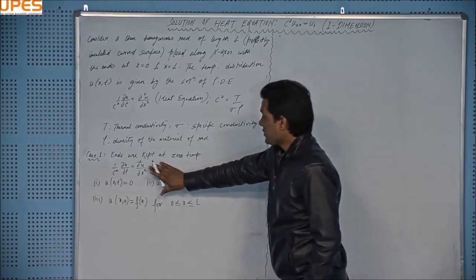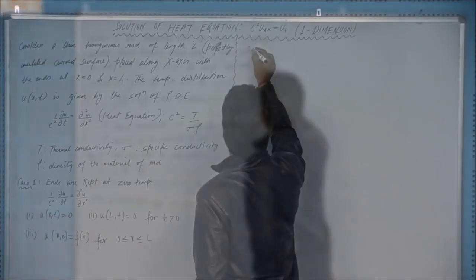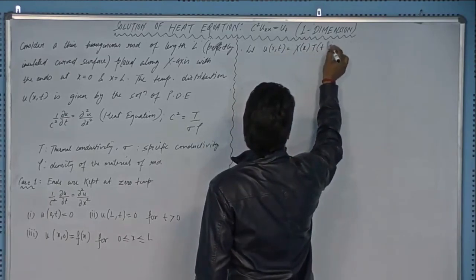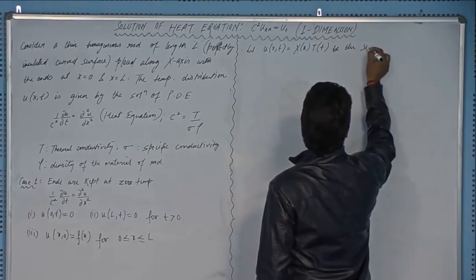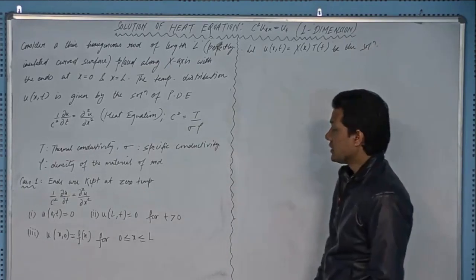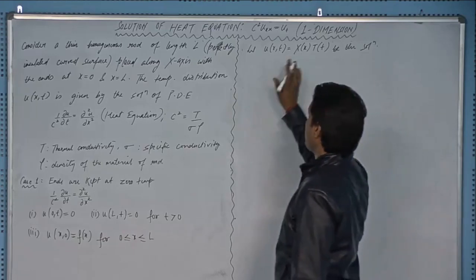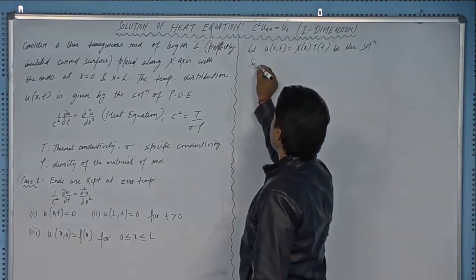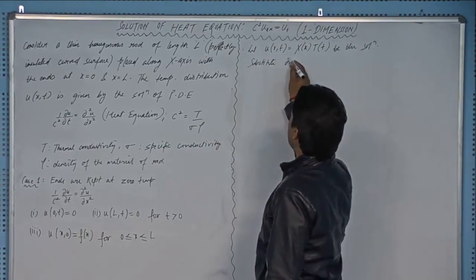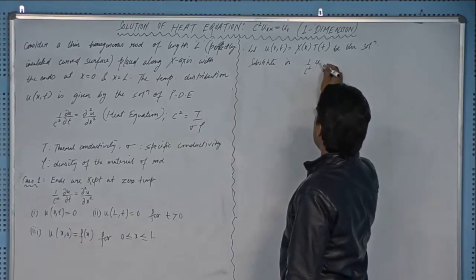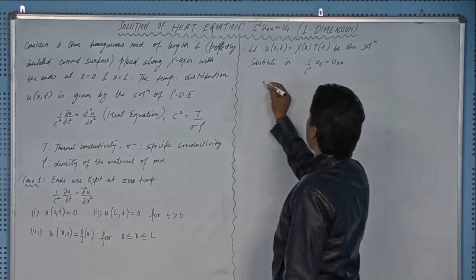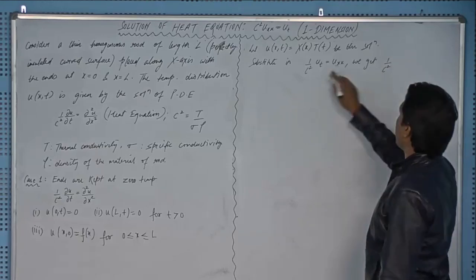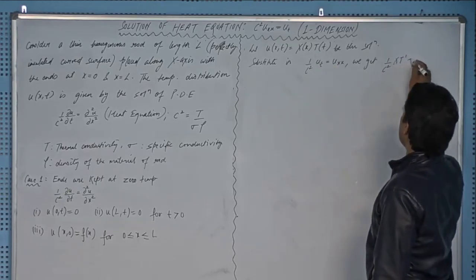Okay, fine. So starting with the solution of this heat equation, let u as a function of x comma t be equal to capital X(x) times T(t), be the solution of this equation, right? And now substituting these del u over del t and del square u over del x square here, in this 1 over c square u_t is equal to u_xx, we get, I think, 1 over c square, and del u over del t will give X T dash